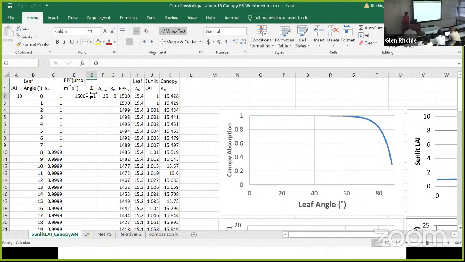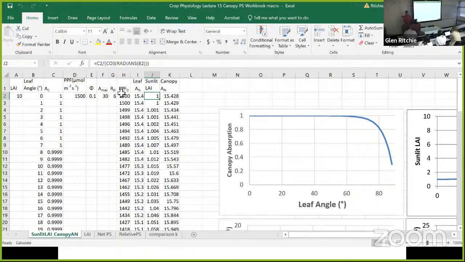Now, there's something else that researchers have gone into study, which is the sunlit leaf area index. And there is a formula for the sunlit leaf area index, which is simply the absorption divided by the cosine of the angle. And so the idea is that as you have more upright leaves, each individual leaf is going to absorb less light,